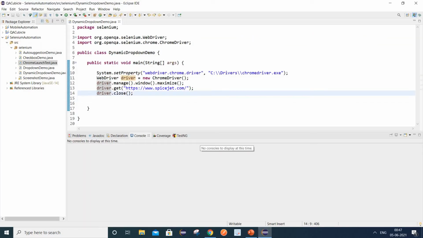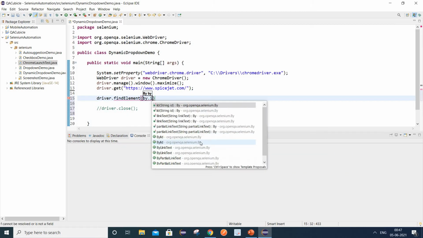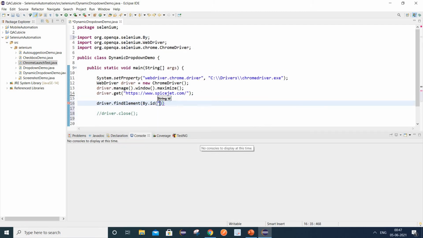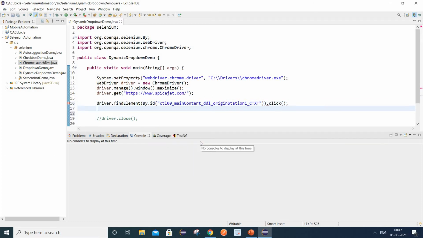I will comment this driver.close for now, and let me write driver.findElement(By.id) and just paste the value of ID here. And as we need to click on it, simply do the click here.